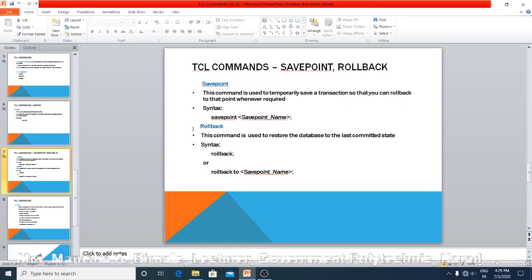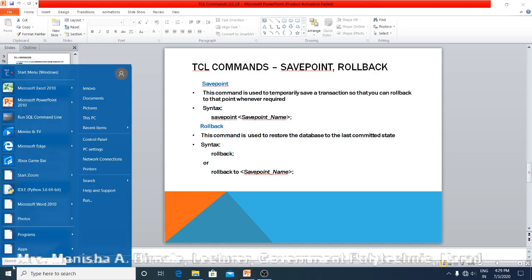Let us see a demo. Click on start and run SQL command line.